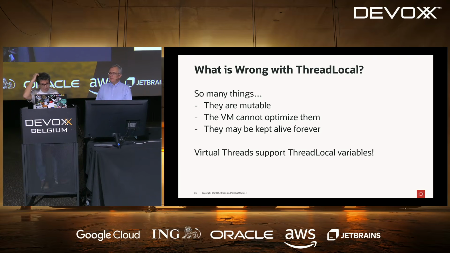So, what's wrong with ThreadLocal? Can we just ask these people here, because we have an audience, you know? Oh, yeah. Who is using ThreadLocal variables? Oh, that's okay. Who doesn't know that your framework is using ThreadLocal? So it means that all the others actually are in this situation. Who is not using Spring Boot? Quite a lot of people. Okay. Yeah, but they are all using Quarkus. Not all of them.